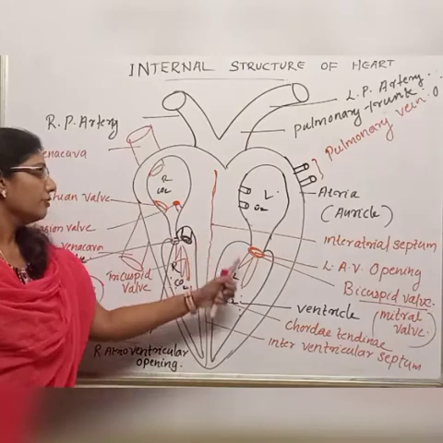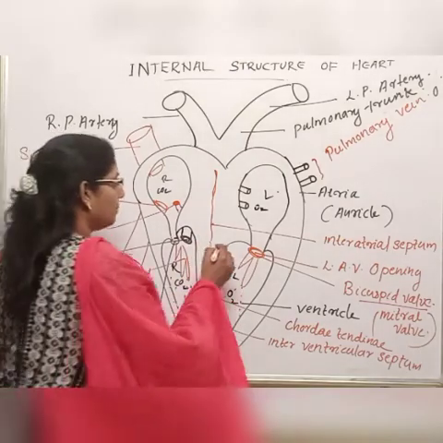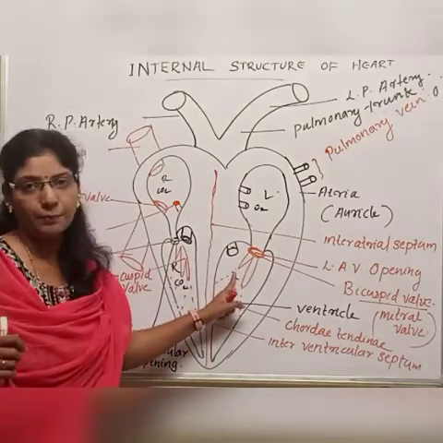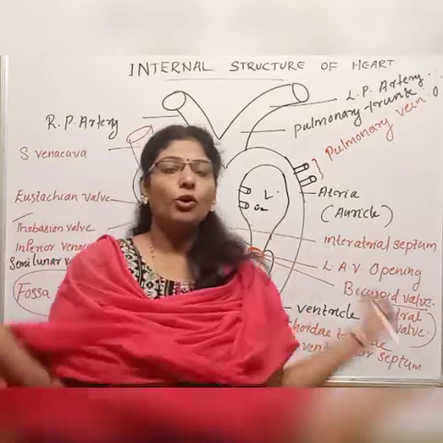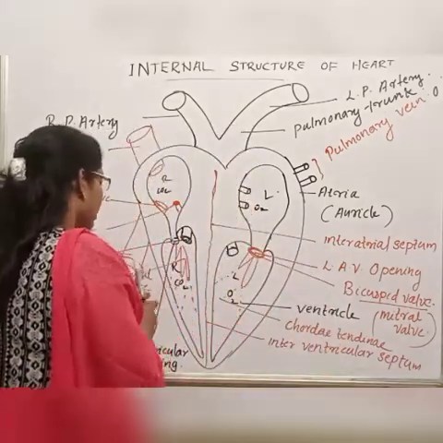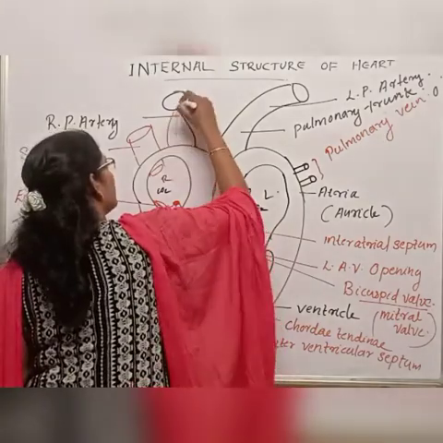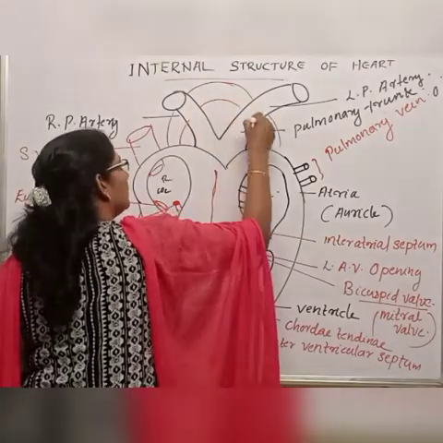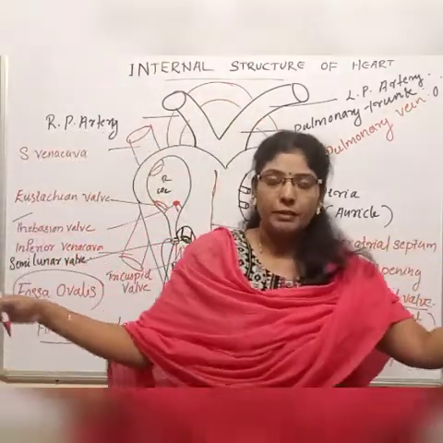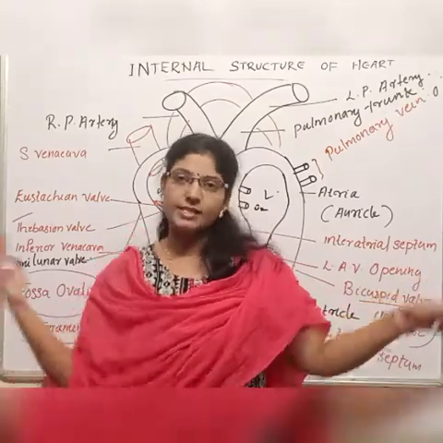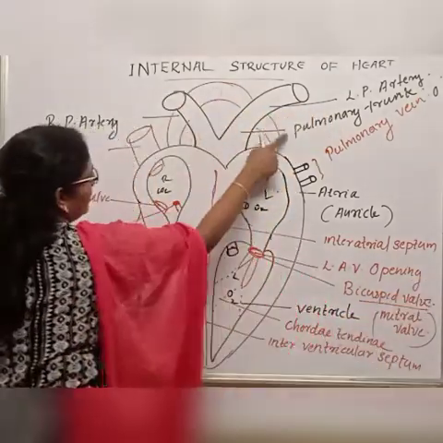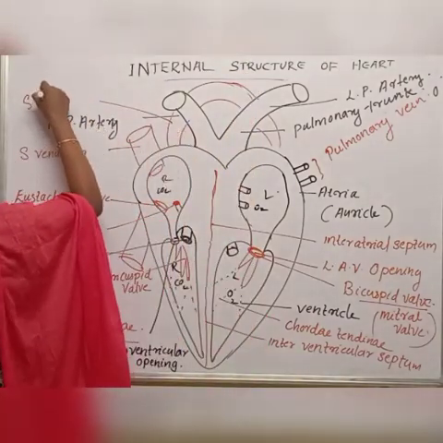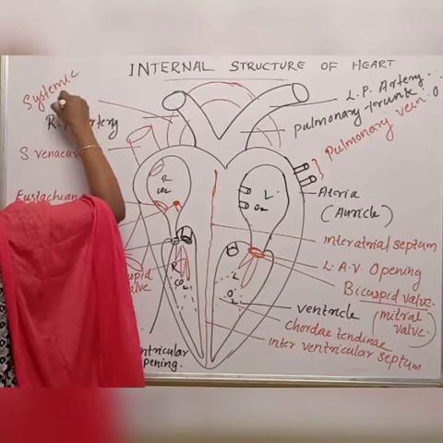Like that, from the left ventricle also one blood vessel is going. That blood vessel carries the pure blood, because here the pure blood is there, to all over the body. That blood vessel we already studied in the previous lesson. That blood vessel is called what? Systemic aorta. The pulmonary trunk is like this, and above this one the systemic aorta is moving. So this is the systemic aorta.